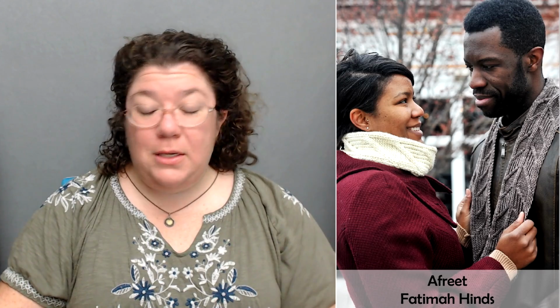So this is a frite by Fatimah Hinds. I think it's a beautiful pattern, and I really like that it's essentially multiple different patterns. You can make the long one, you can make the short one, you can wear each of them in a couple different ways. It's just great. Now next,